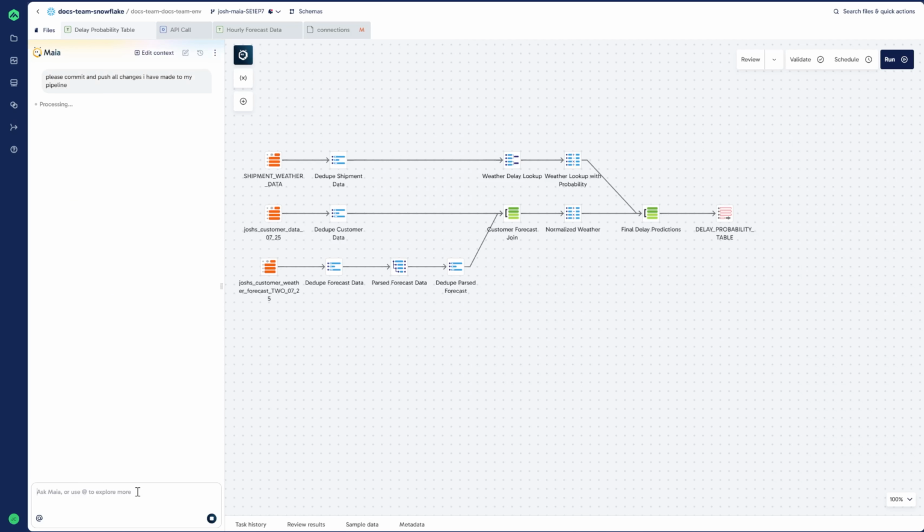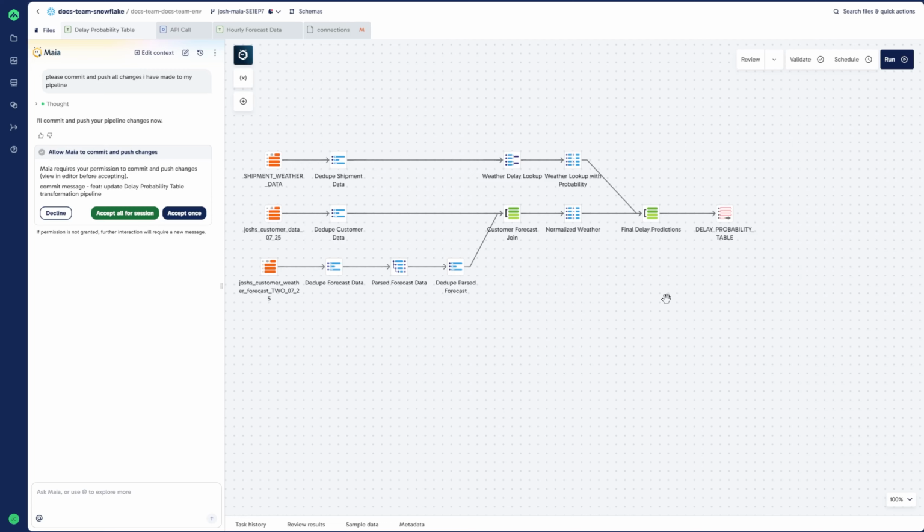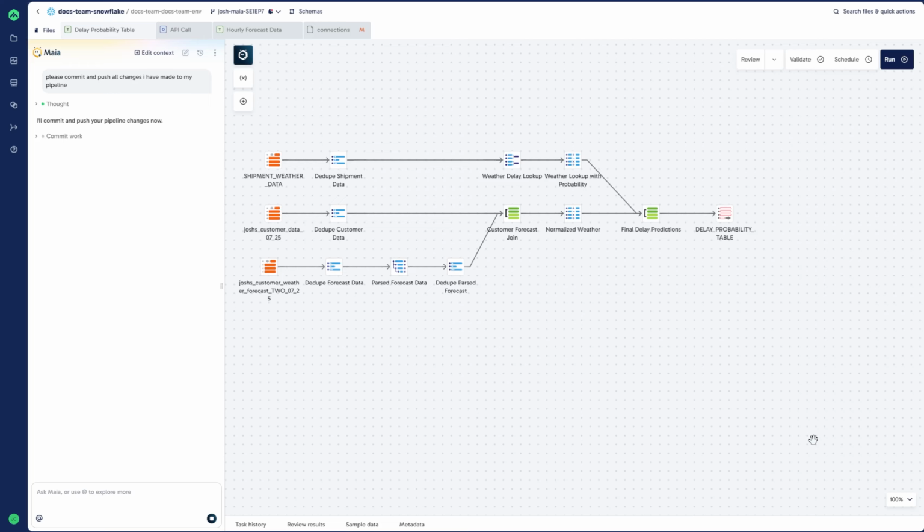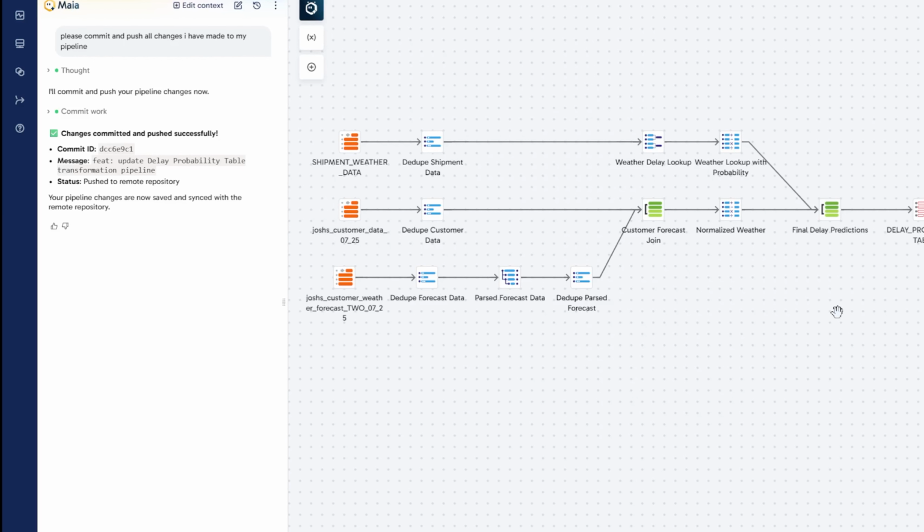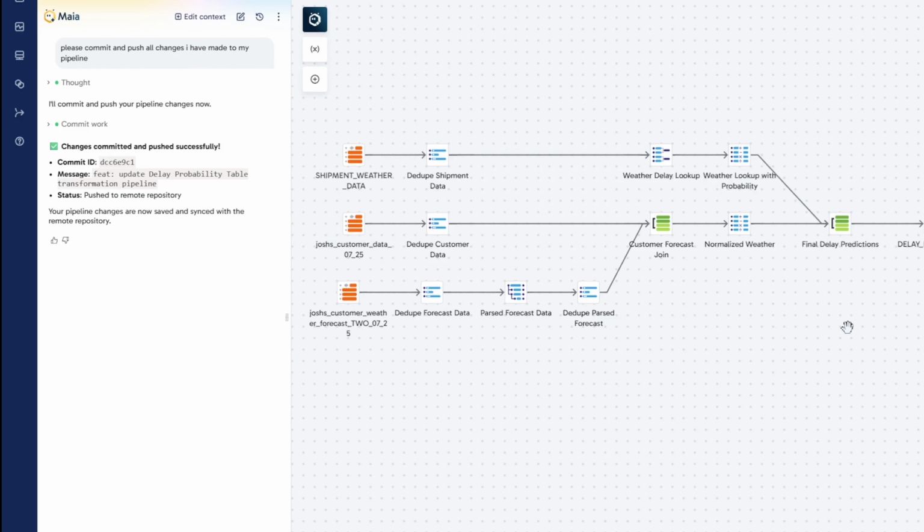To start, Maia will validate the pipeline, then ask for permission to commit and push the changes. I will allow Maia to do this for the entire session. After which, Maia quickly commits and pushes. It also adds a fitting commit message. It's worth noting that Maia can also help generate commit messages when you are committing and pushing manually as well. We can see a confirmation message from Maia confirming that it has finished committing and pushing the changes to our